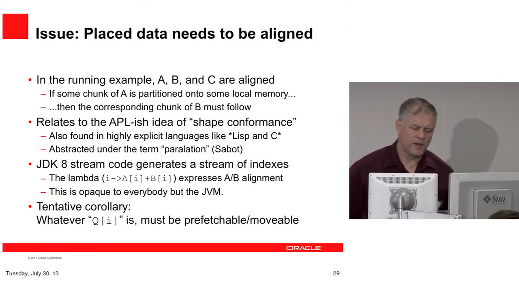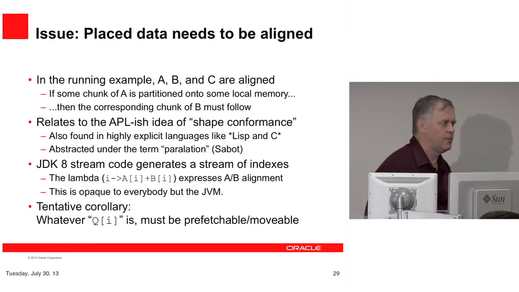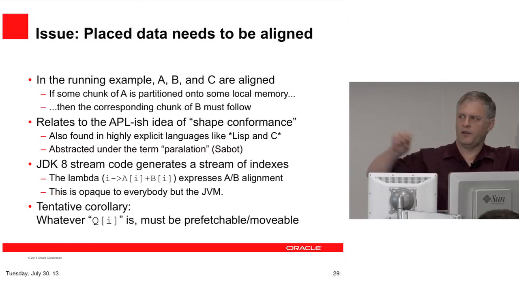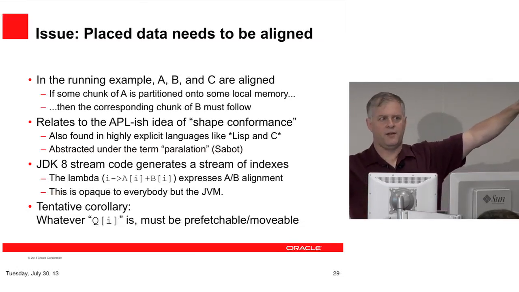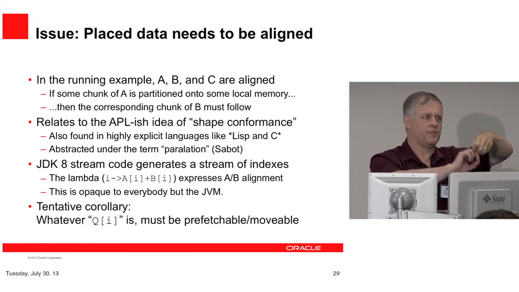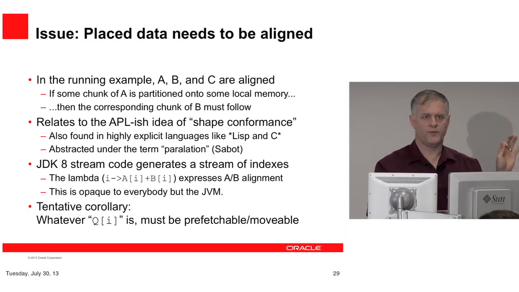So one more issue that I want to point out before I close, and that is alignment is important, and not in the sense of mod 8 or mod 16 or something. When you have, say, A and B adding together, it doesn't work to have A sub 10 way over here and B sub 10 here. A sub 10 and B sub 10 have to be eventually in the same place at the same time so they can be put into registers and so forth. So a memory fabric does that for you beautifully, so beautifully that you sometimes forget that it's being done until it misbehaves and then you realize that it was being done.